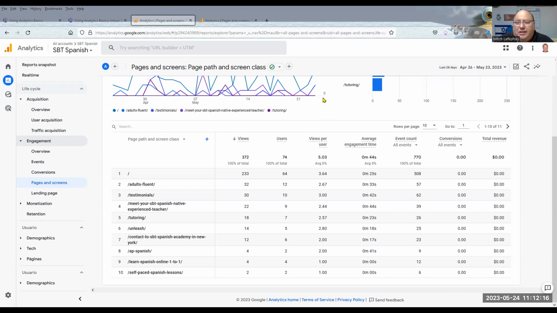So if you're paying for it, you want to have the organic, which is basically you're not paying for it, whereas the direct is more like PPC, and that's where you really get the big charge, right? You do want the organic search. The organic searches are telling you that you've got at least a page, if not several, that are doing okay in the search engines, or doing great.